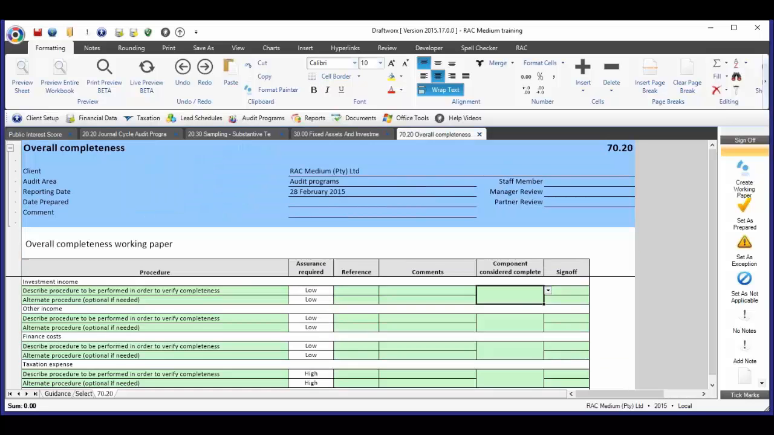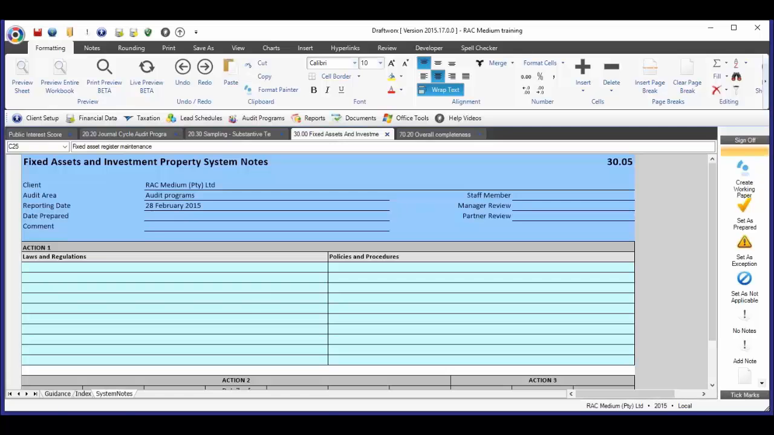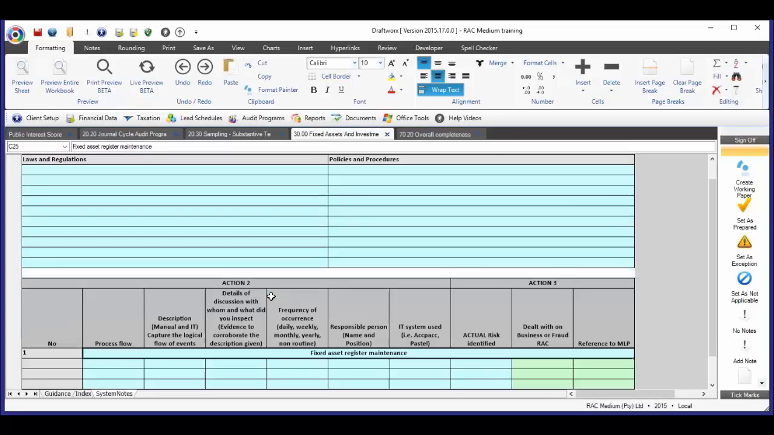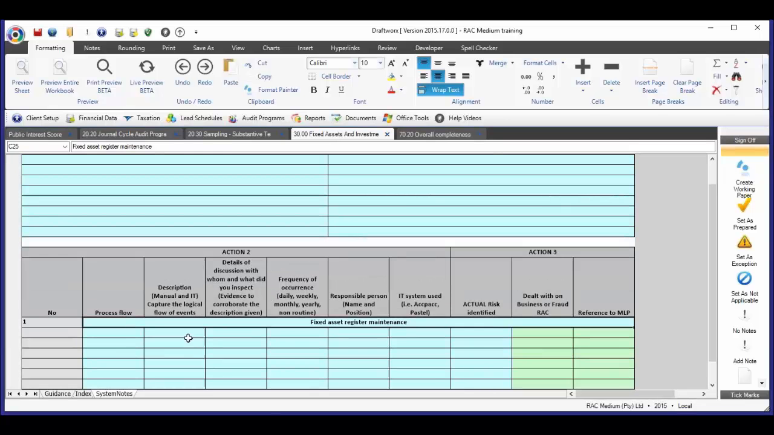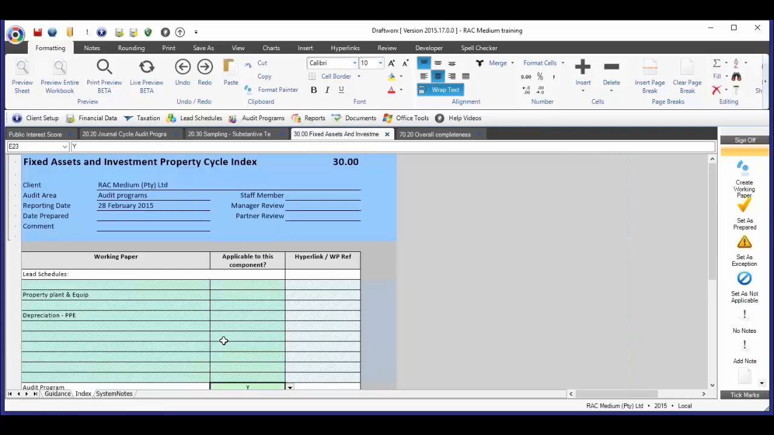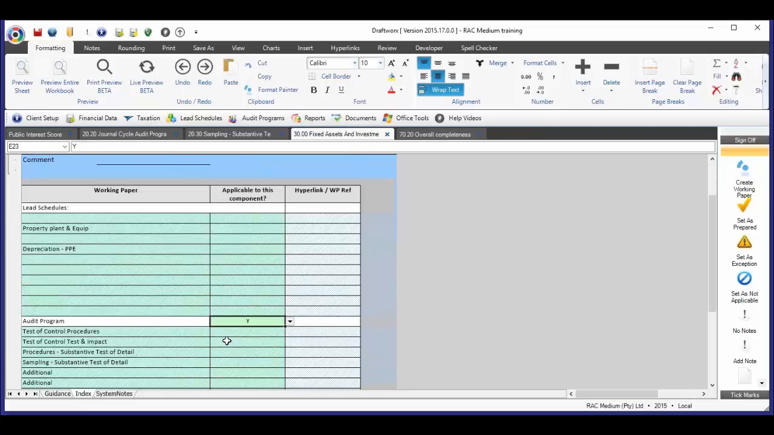Okay. All right. I just see there is a question quickly that popped up that I want to cover, and it's how you record a hyperlink in the spreadsheet. If you are, for instance, and let's go back to the investment property, the fixed assets audit program. If you are wanting to put a hyperlink into any location within any working paper within Draftworx, you just need